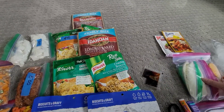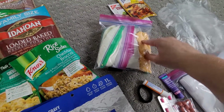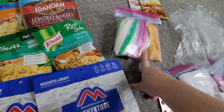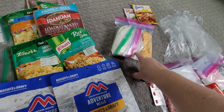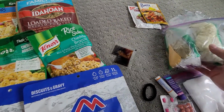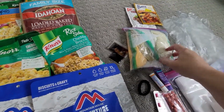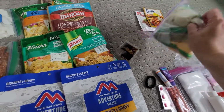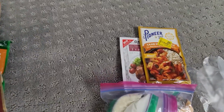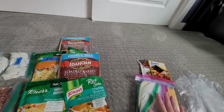But what you can do with them is, in this bag, I have cheese mix. This is kind of like what you would get with a mac and cheese container. I have country gravy mix. Just add water. I've got powdered butter, powdered heavy cream, and some various seasonings. Just simple stuff. This is garlic and herb mix. This is some leftover ramen seasoning packets. And a couple other seasoning packets, a teriyaki and a Cajun rice. So these add a ton of calories,